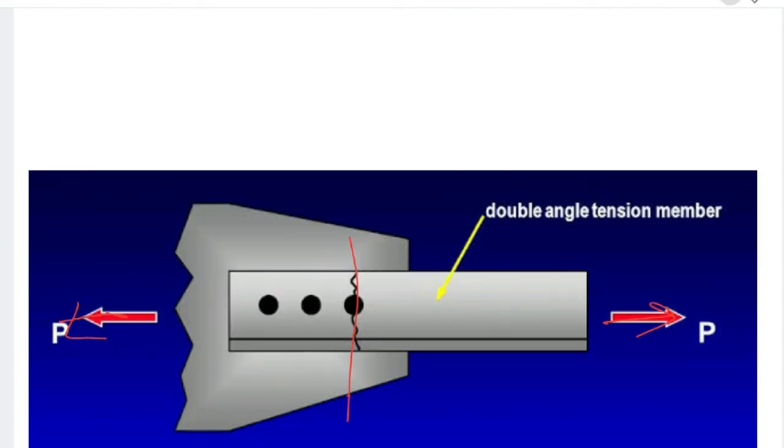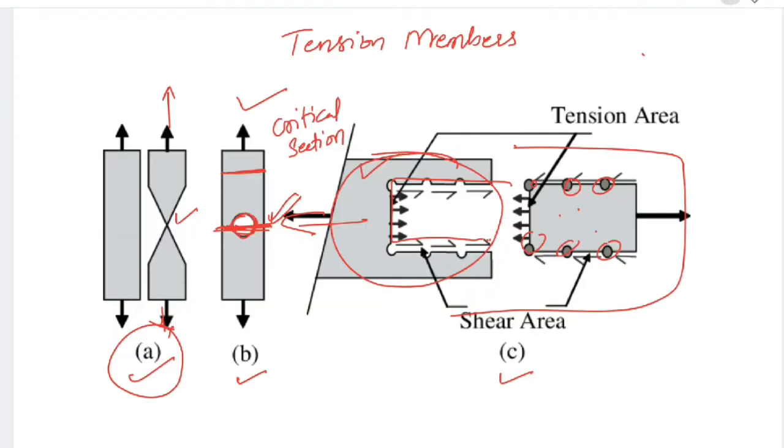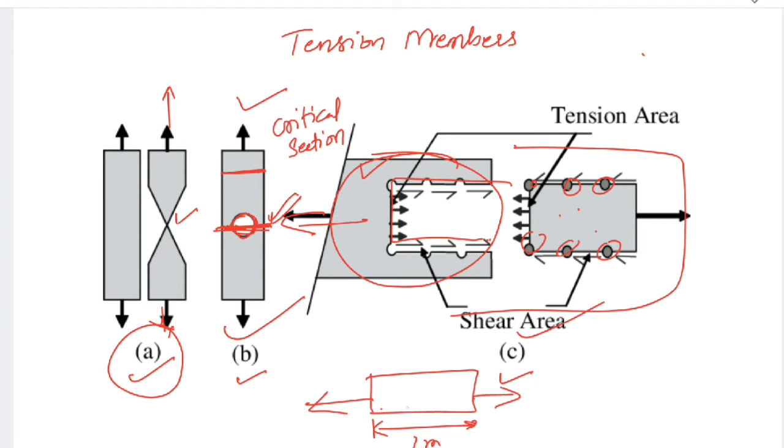These three kinds of failure patterns will occur. First one, the yielding of gross section. Simple. The yielding of gross section is nothing but the elongation of the member. For example, say this member length is 1 meter. When you apply tensile force, if it is safe under the second and third conditions, it may undergo failure under yielding. So this 1 meter member becomes 1.1 meter under the applied tensile forces. This kind of failure we call yielding of gross cross section.